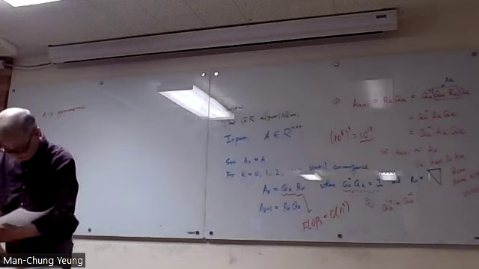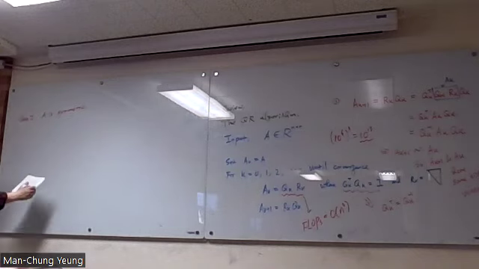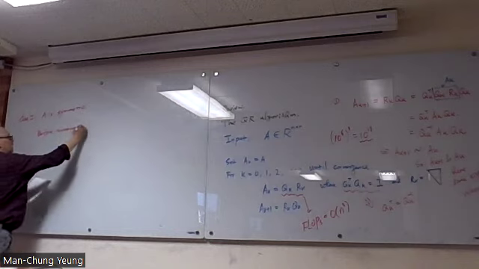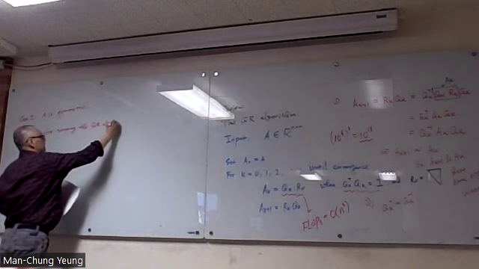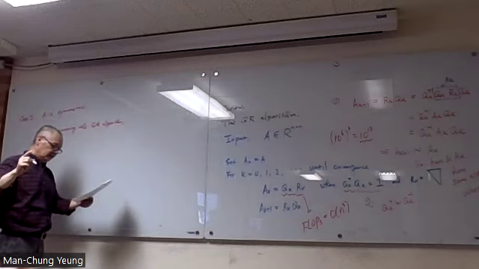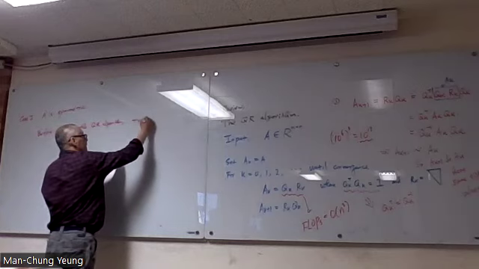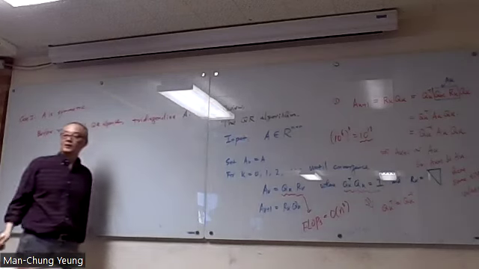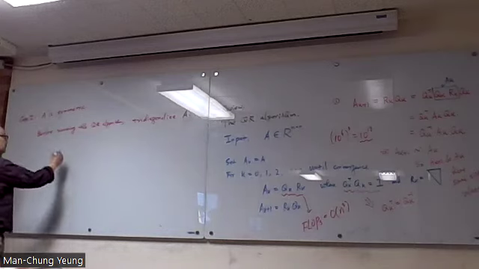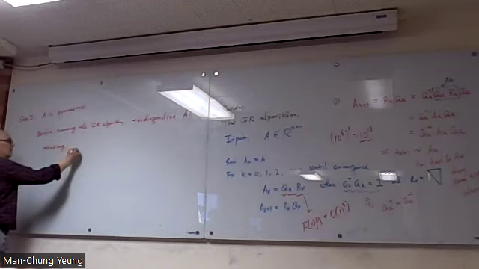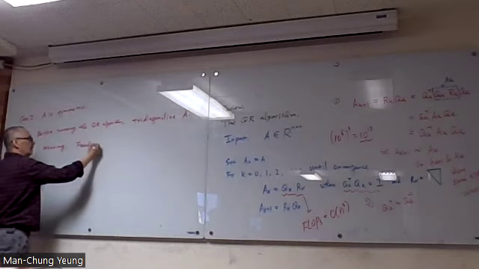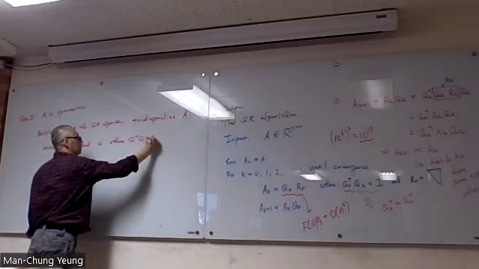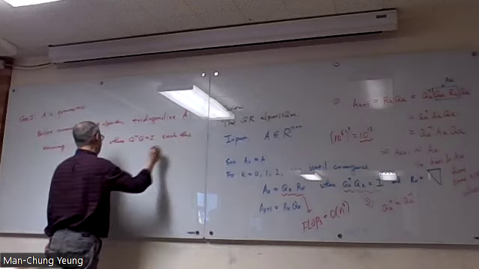Before running the QR algorithm, try to diagonalize. What does that mean? Here's the meaning: find Q, where Q is orthogonal such that Q transpose